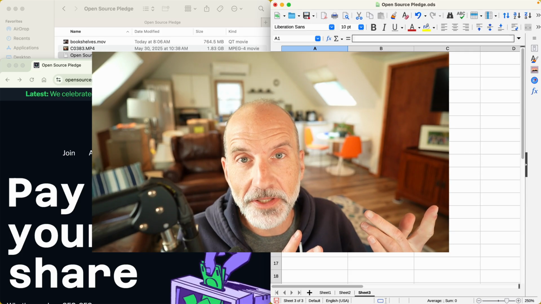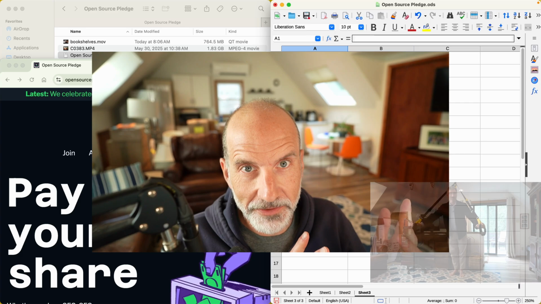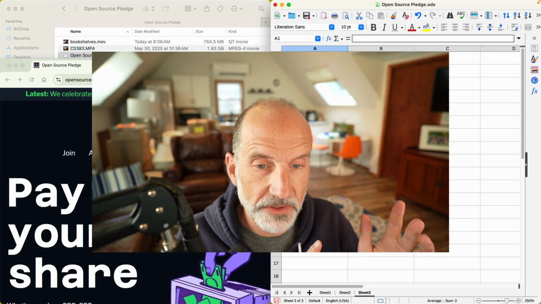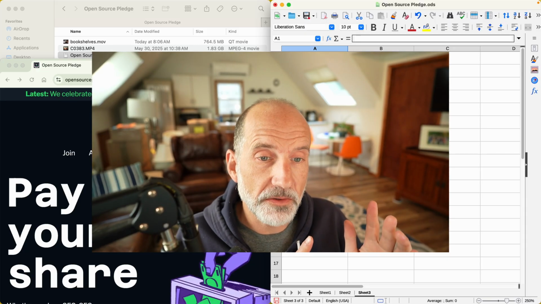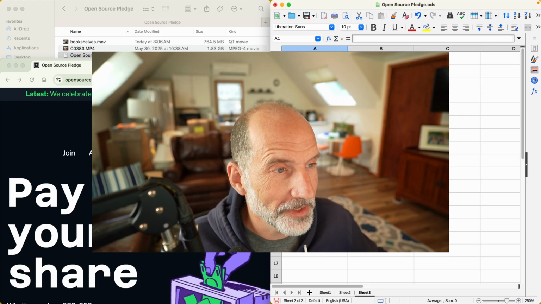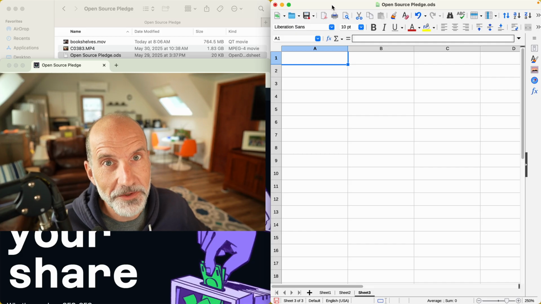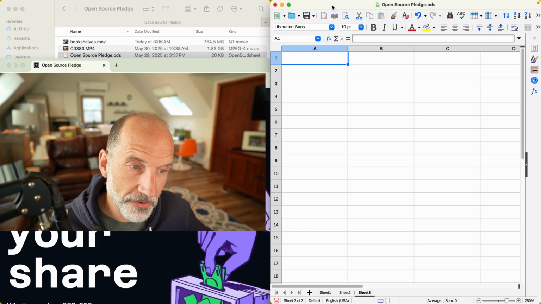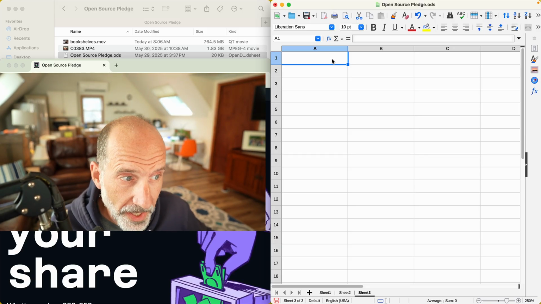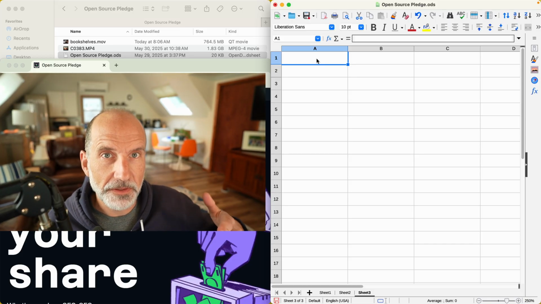So in this wide-ranging interview that we did, we covered many topics, but the main topic is the open source pledge. And this is a suggested contribution for your company to support open source, because whether or not you know it, you're running a lot of open source software to run your business. So I have one of them open on the right. This is LibreOffice. I downloaded it for free. I use it for free. And this isn't the kind of free that Google is, where you're really paying for it with advertising, or you pay a monthly fee. This is completely free, but you can still donate,